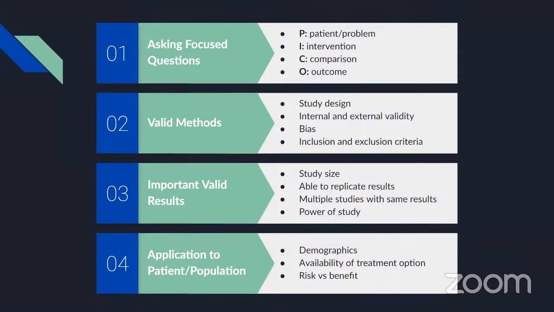Then the next step is asking, are these valid results important? So then the biggest determining factor we use here, beyond just the concepts of looking at whether or not it's relevant to our population, if we can replicate it, are these results reliable? One of the biggest things we use in our larger studies and our systematic reviews and such is the power of the study. So in medicine, we often use our p-value,